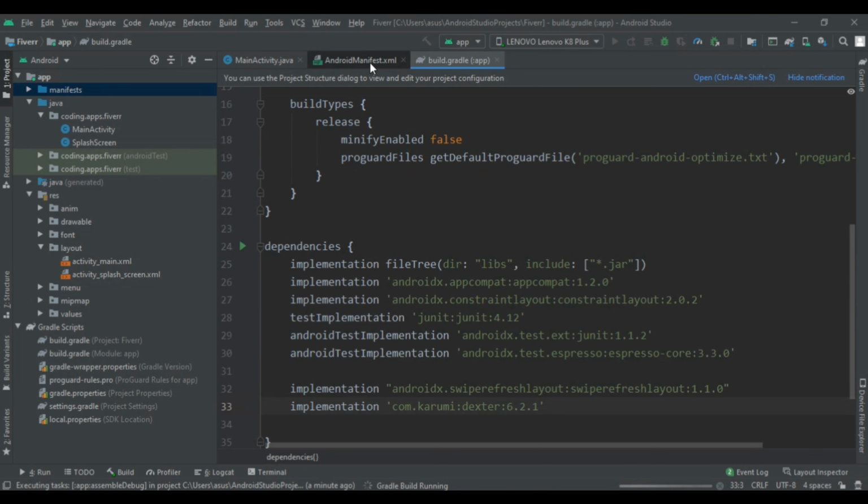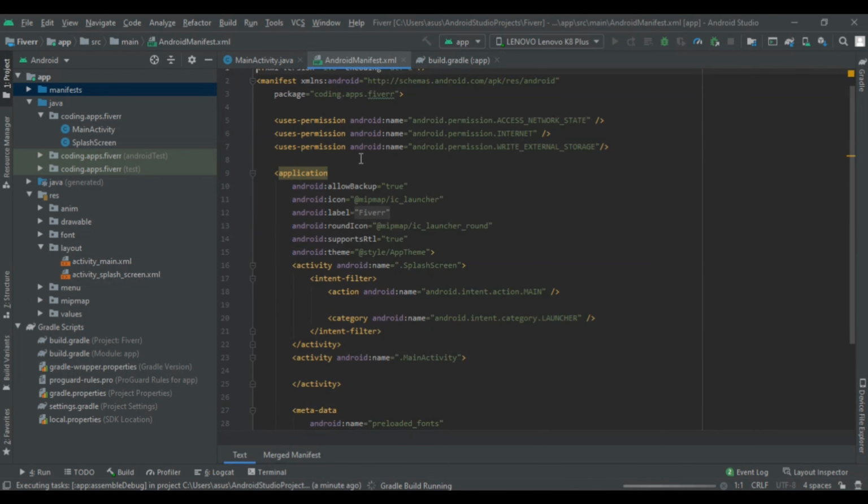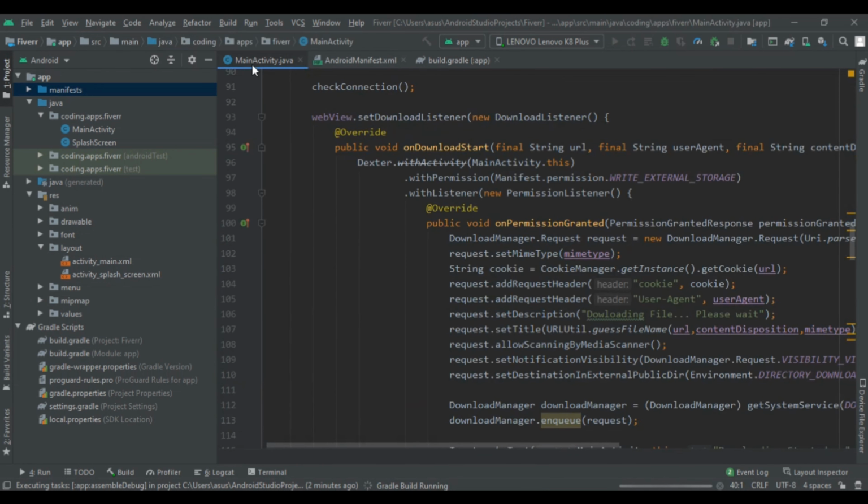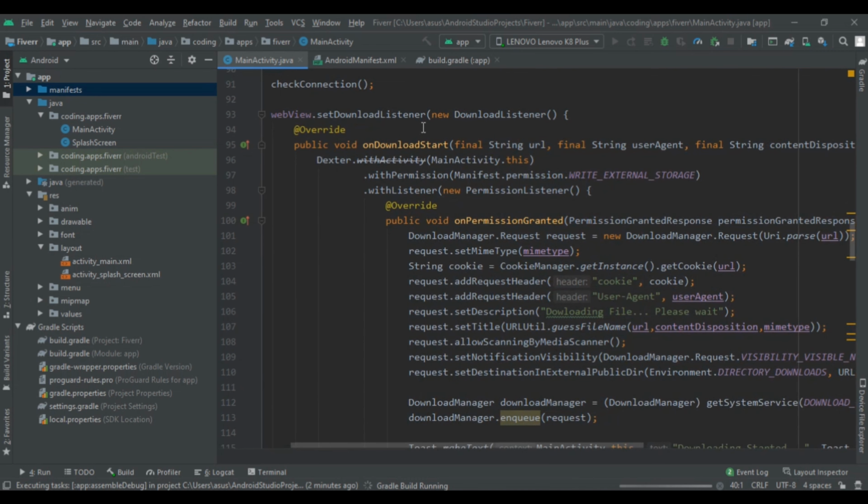So now we had added the write external storage permission in the manifest file, and now navigating to the activity main, here we had created webview.setDownloadListener. So when the webview has any downloadable item, then we had created a new click listener on it.